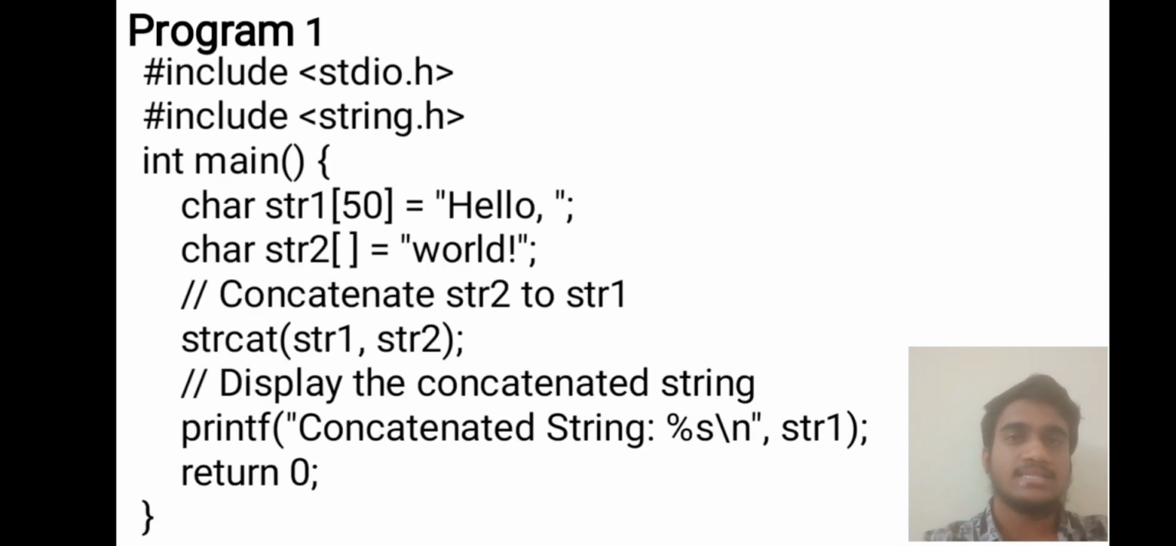Program 1. #include <stdio.h>, the standard input and output header file. #include <string.h>, used to handle the string functions. int main() { char string1[50] = "Hello"; char string2[] = "World"; Now strcat is used,